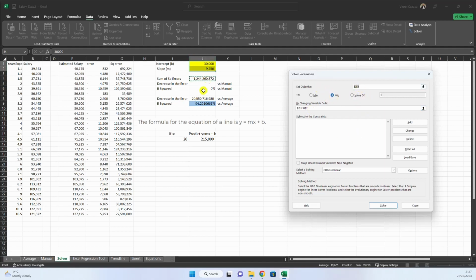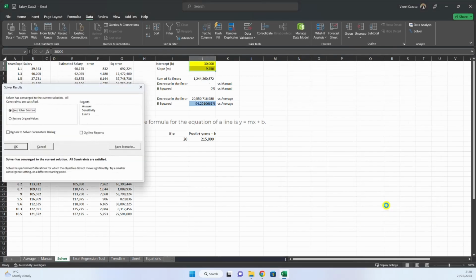So the objective is J4. The objective is the sum of the square errors to be minimum. Okay, meaning that our estimation would be as close as possible with the real figures. So the objective of solver would be J4 sum of square errors minimum. Okay, by changing variable cells J1 and J2. Okay, and we do not check here make unconstrained variables non-negative, and we will use this GRG non-linear. Okay, and we press solve,